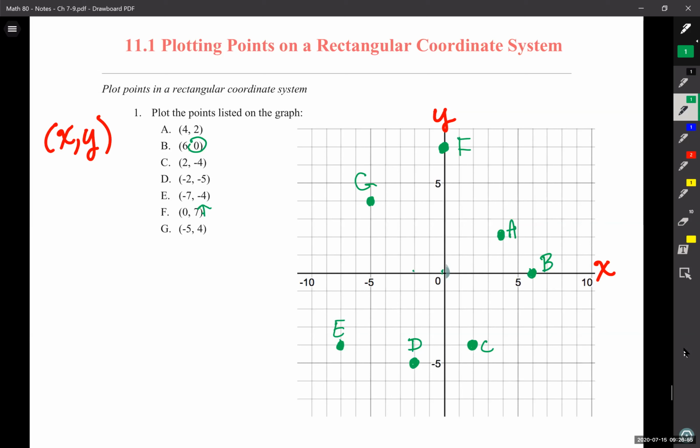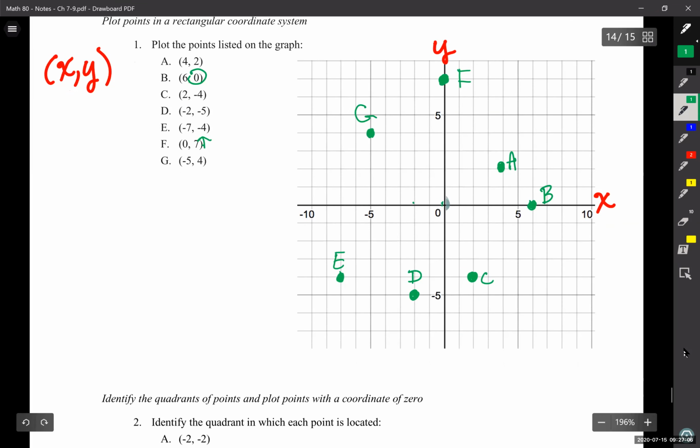All right, so I'm going to talk about number 2, but I want to use this picture first, so I'm going to leave it right here. And what we have on this picture are quadrants. I'm going to write out that word actually. So that's what we're talking about on number 2. You can see that in the instructions right there. But quadrant